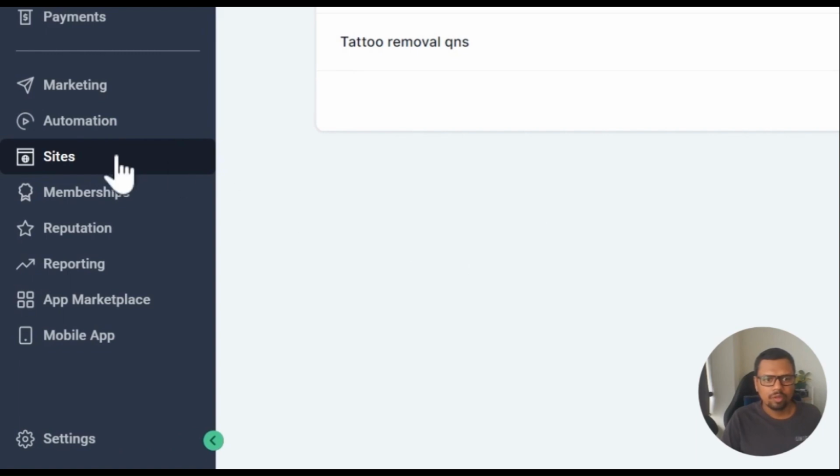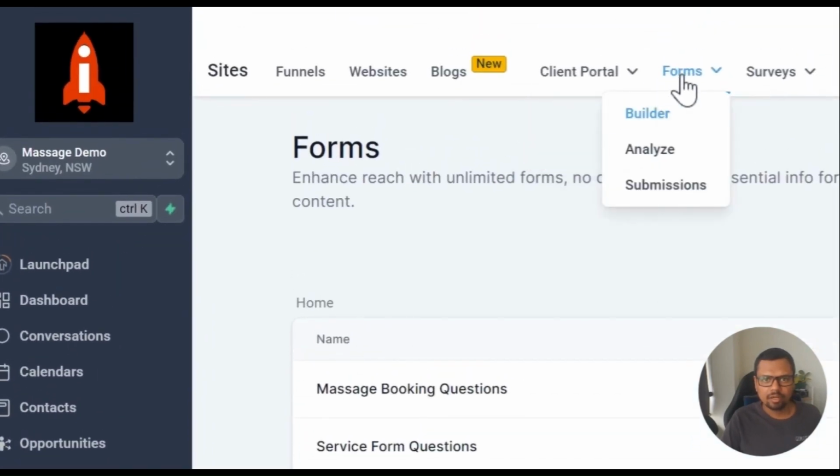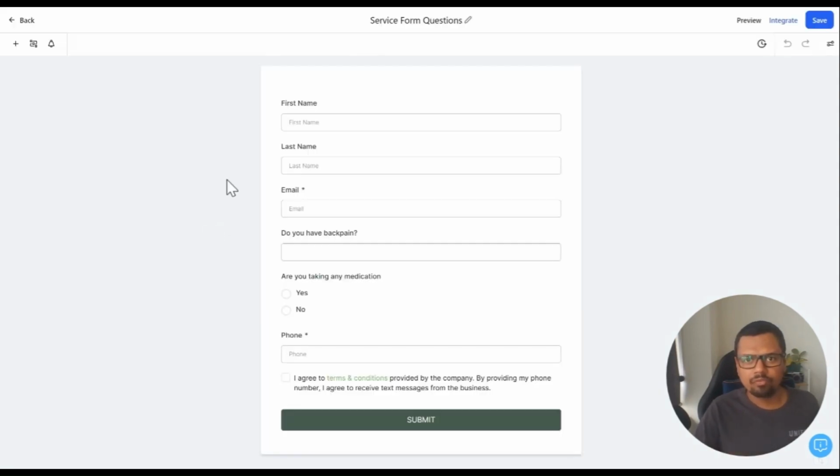Here's how you can create version history for forms and surveys. So here we are on the sites and inside forms. If you access any of the forms, now you can see I have just opened up a form here,